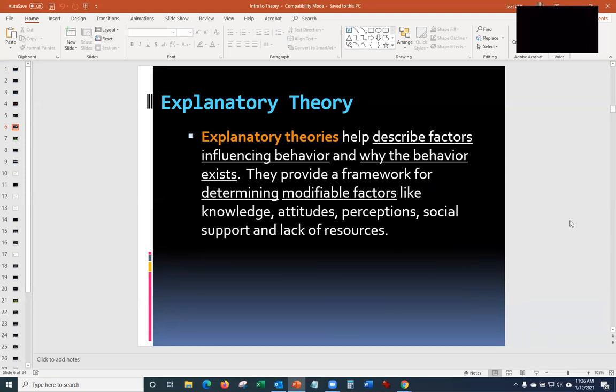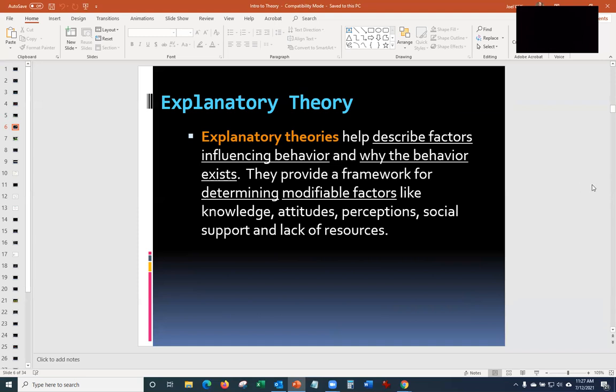So, as a reminder, theories and models that we discuss in this course help us to explain behavior. So, what are the things that influence a behavior? What are the things that lead up to behavior? So, when it comes to, for example, some of the unhealthy behaviors or risk taking behaviors like unprotected sex,